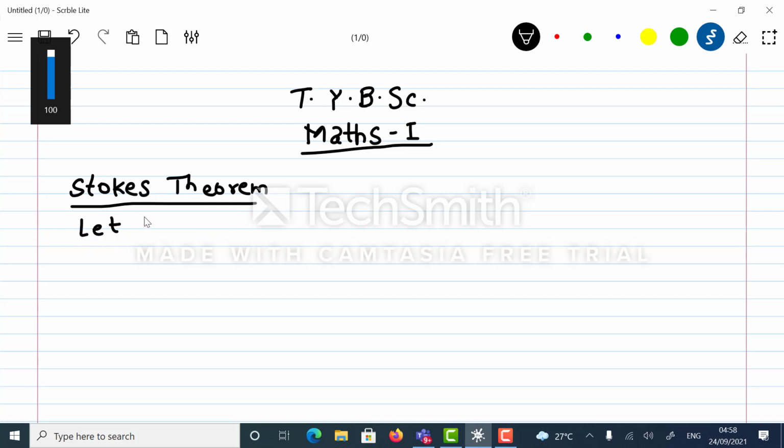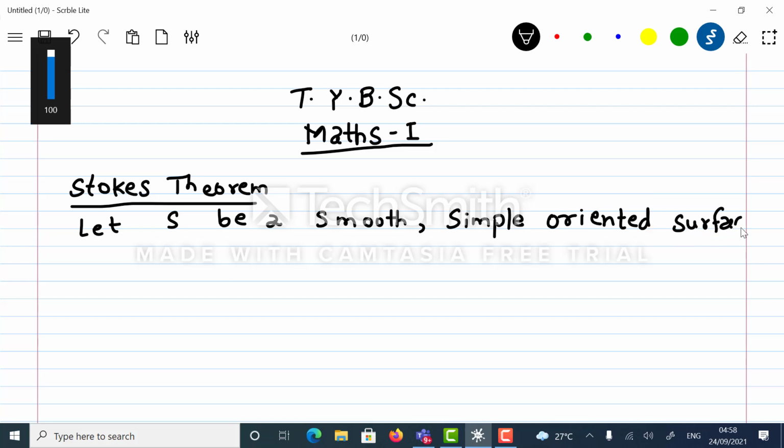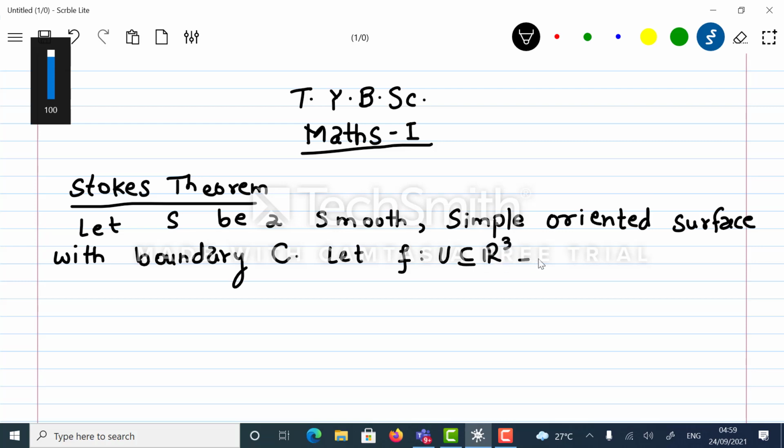Let capital S be a smooth, simple, oriented surface with the boundary C. Let f be a function from U, a subset of R3, to R3,